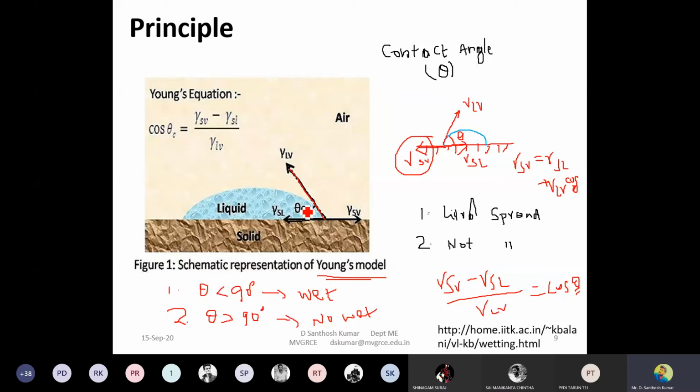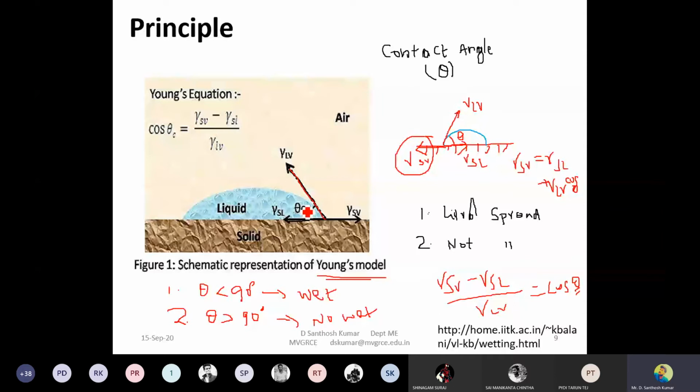A very important thing I forgot to say here: this particular parameter, theta or contact angle, decides whether the liquid will spread over the surface or not. It also majorly helps in selecting what kind of liquid to use, because there are a lot of companies manufacturing different kinds of penetrants. Before going to the inspection, you have to test the contact angle with that particular surface.